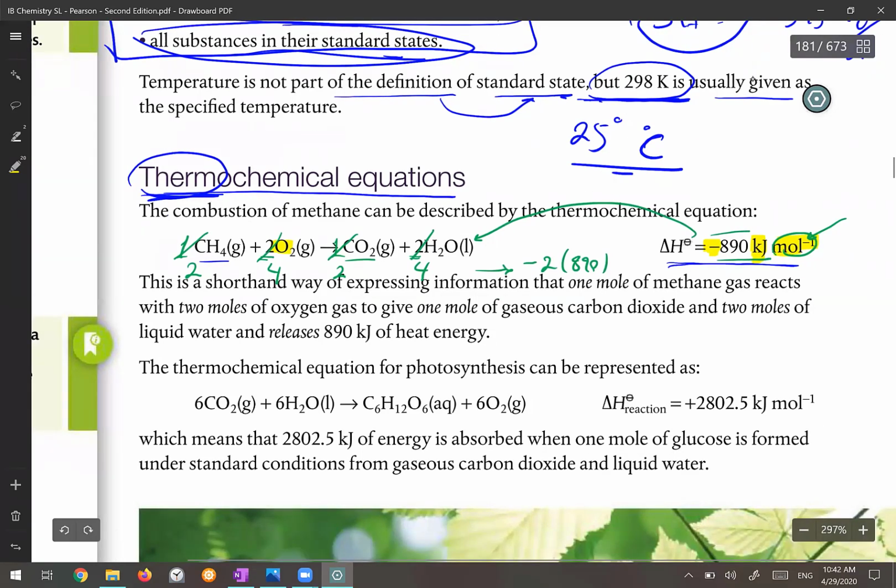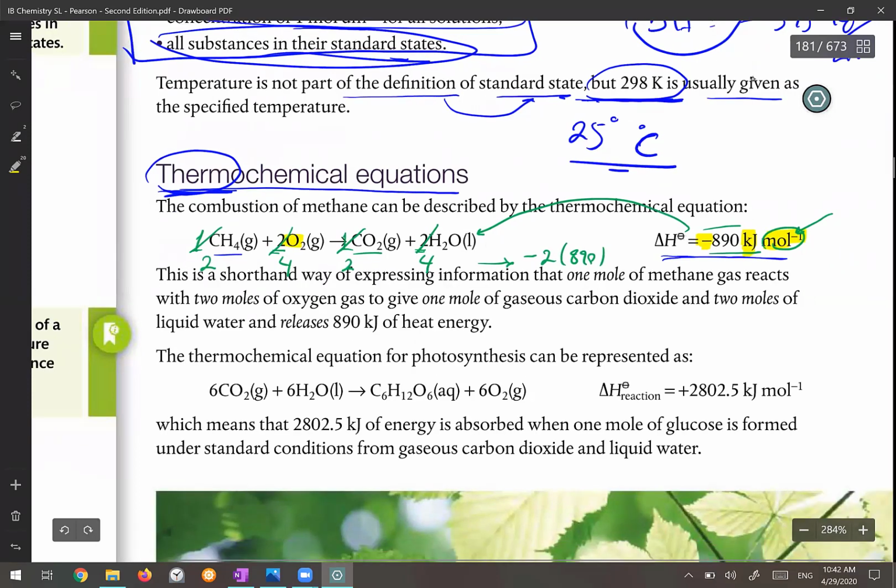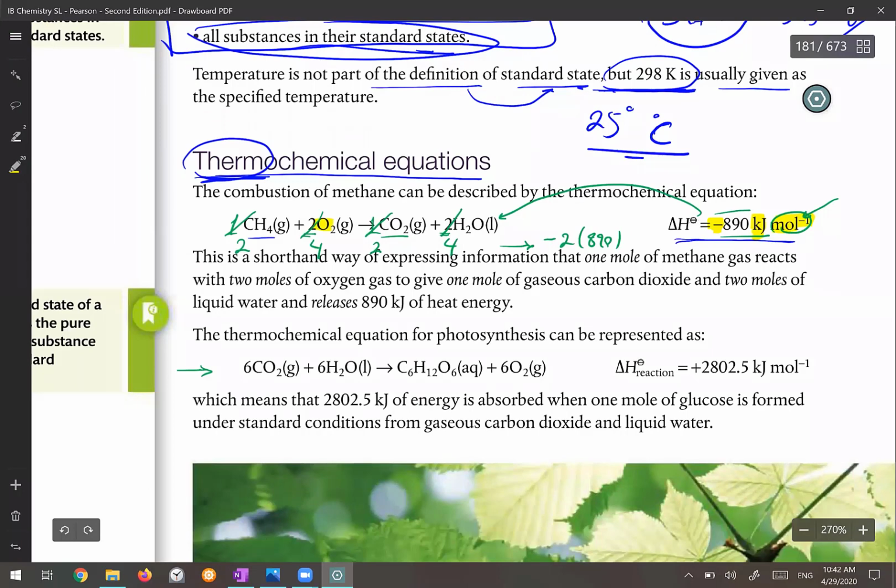Yes. Okay, so let's move to this one. What process is shown here? It's photosynthesis. You know that the plants can use the sunlight energy to make the substance. So what happened to the energy? Energy goes into the system. So this is an endothermic process. And if you look at the delta H, it is positive. So for this reaction, it's positive